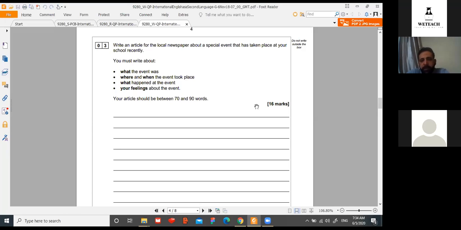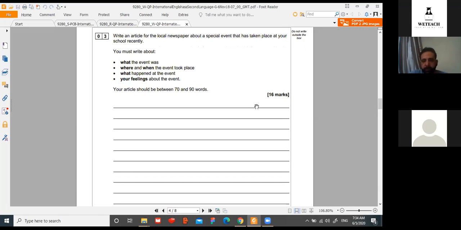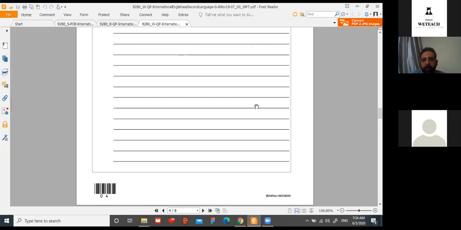8 marks will be given for the content, and 8 marks will be given for the language. Okay, and instructions for each question, of course, will be given during the sessions, and how you can get the best out of yourself to apply or get the full mark. Then the following question